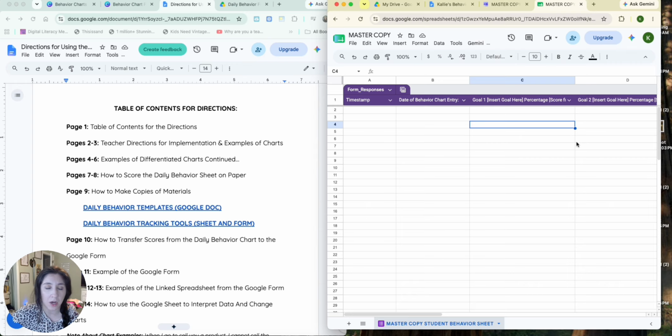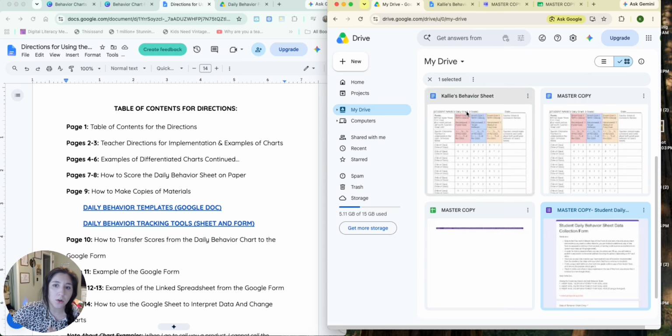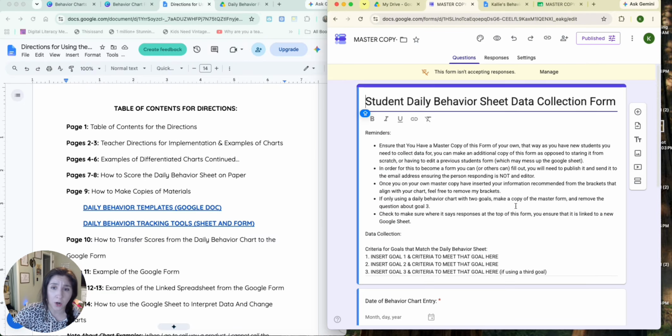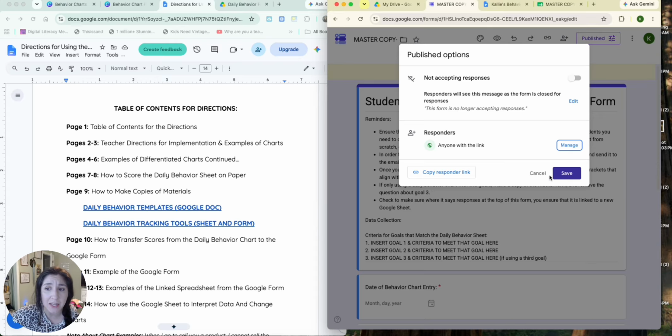Here's your Google sheet that comes with clicking this link. And then when you go to your drive, you're also going to notice there is the master form right there. These two documents are synced. Whatever you put in this form will populate in this master copy. So whenever I go to click on the form, it brings me to this page. Because I have to make edits, I will likely have to manage the settings and accept responses after I'm done